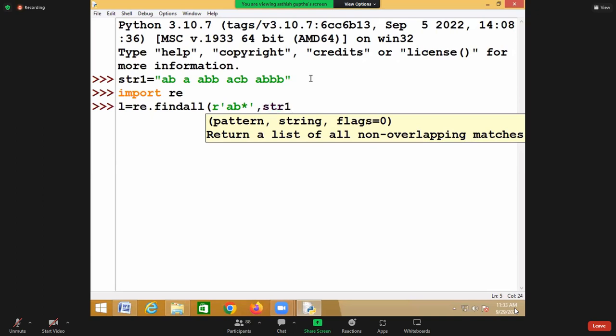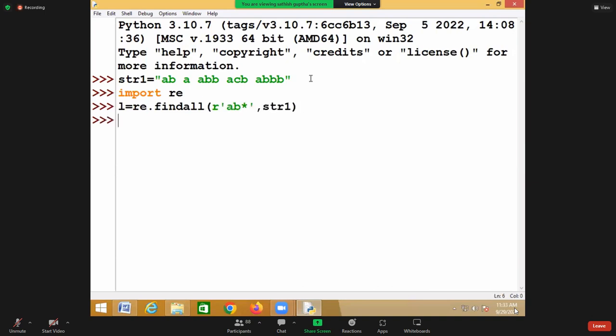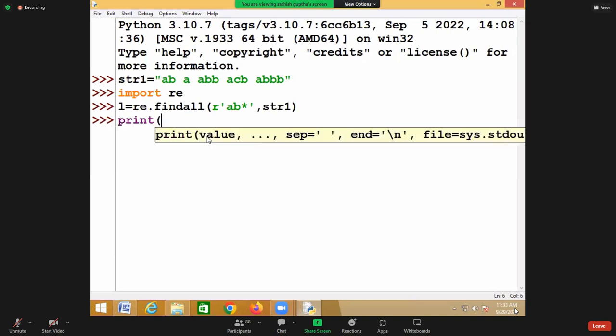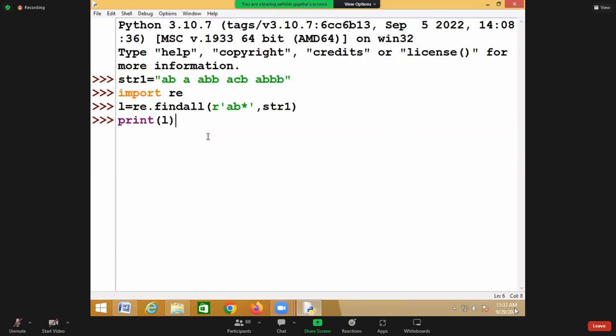This you are finding inside what here? str1. This pattern you are finding inside str1. And after that, you are trying to print what here? The list. Now you can see there is an AB, and A followed by which one? BC here. A followed by how many B's here? One B. And this is only one single A, right? And this A is followed by how many B's? Two B's. And there is only one A because this A is followed by B? No. But